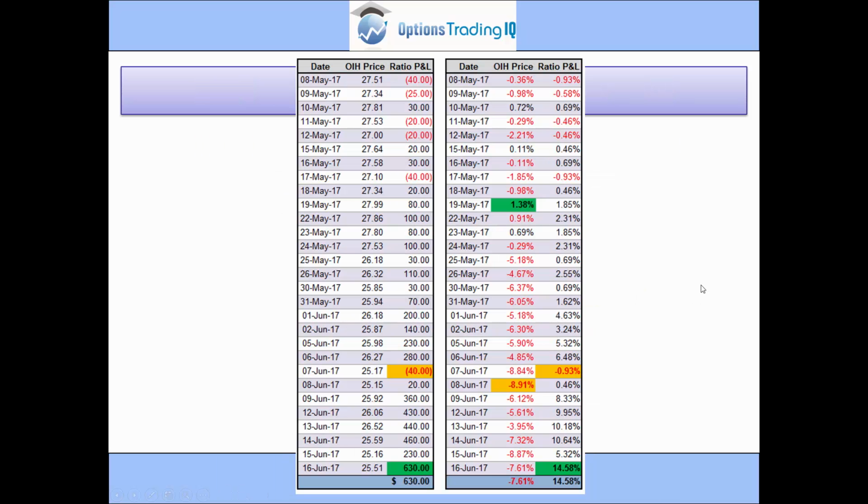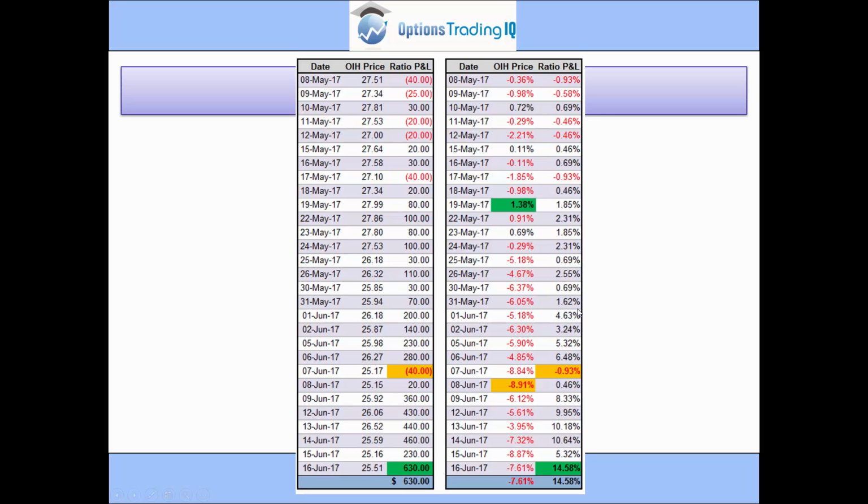So how did the trade work out? Well, the stock in this case was fairly flat to start with, which was quite good for the trade. We're sort of bouncing around zero, slight profit to start with for the first couple of weeks. Then 25th of May, the stock starts to decline, goes down 5-6%, but the ratio spread trade's actually staying in